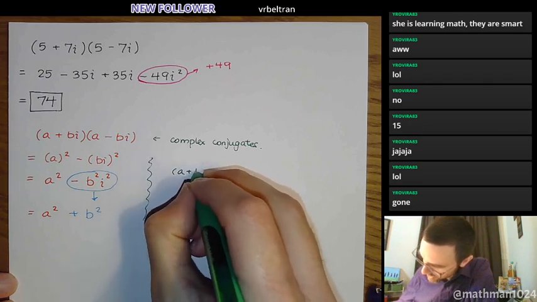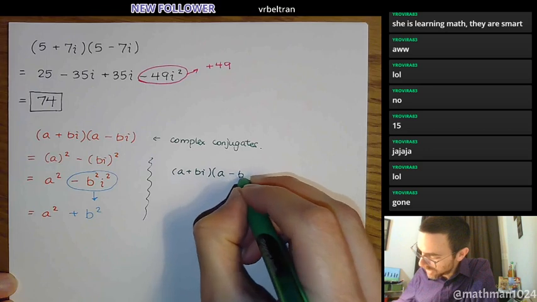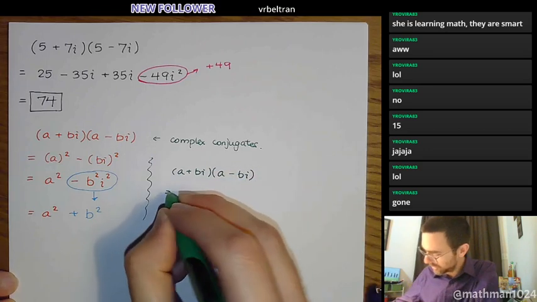So anytime you have something that is the product of complex conjugates, a plus bi times a minus bi,